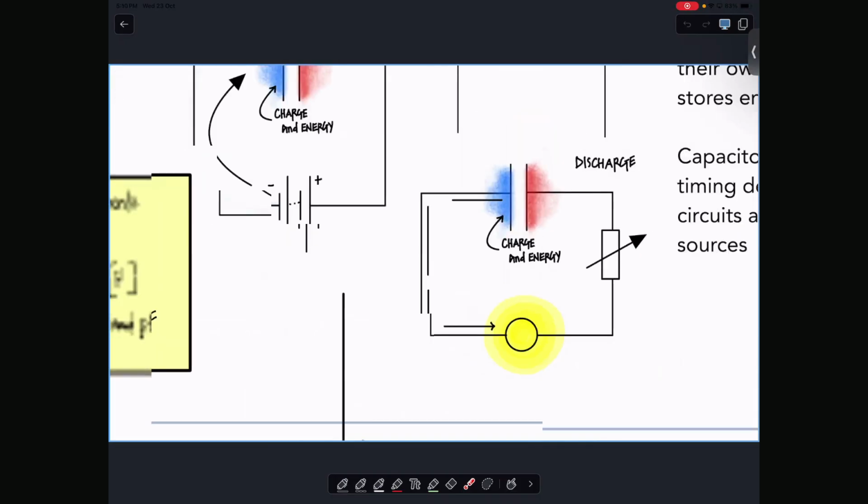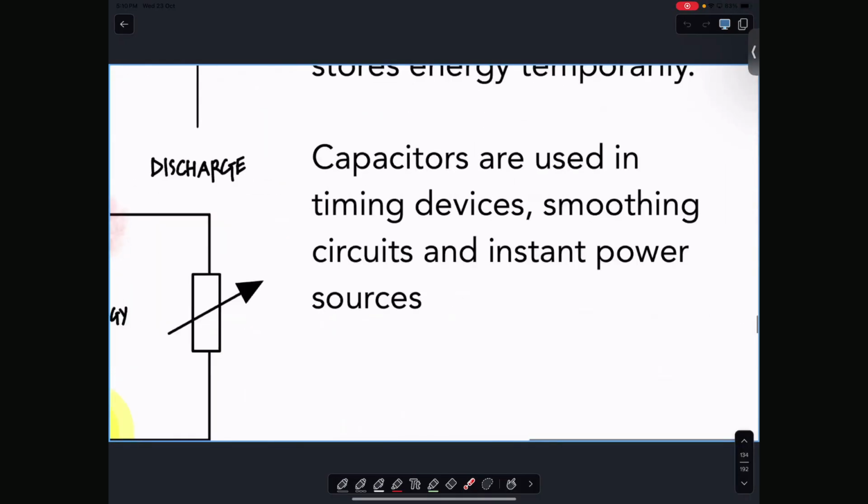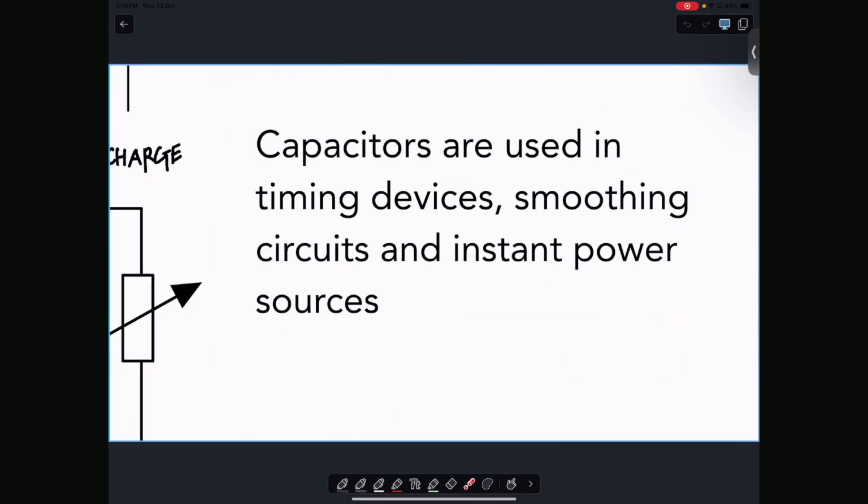It turns out capacitors have quite a lot of special abilities. One of them is that they can understand the concept of time. So you can actually time how much time would be needed to turn your appliance on and off. With a battery, you can't do that. If I connect a battery to a lamp here, how does the lamp glow? Brightly. And then over time, the battery starts to drain out. And what does your lamp do? Die out, right? If I use a capacitor, I can control the amount of time it stays on, and I can shut it off.